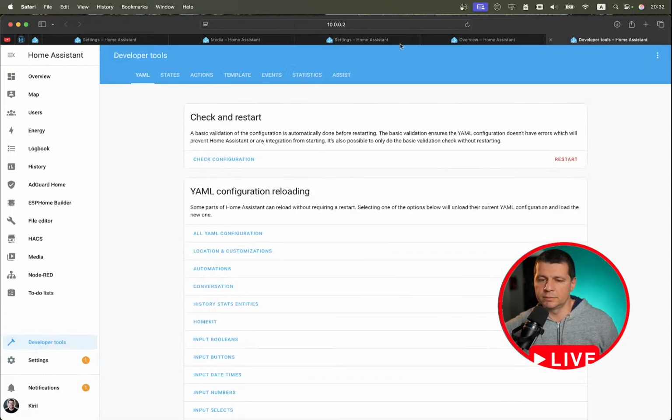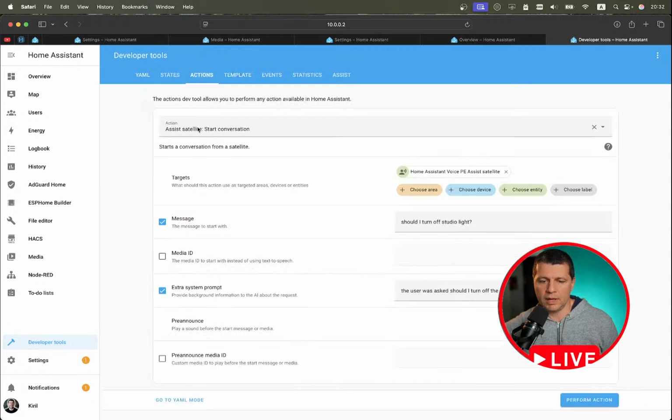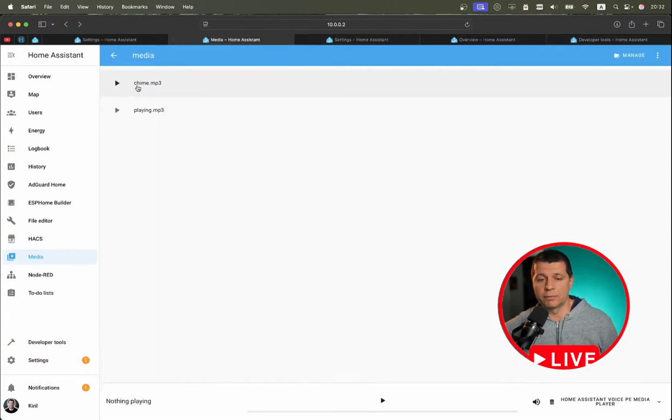Developer tools, actions, and here I have to type the path and the name of this file. For example, chime.mp3. And if I want to use that file, which sounds like this,